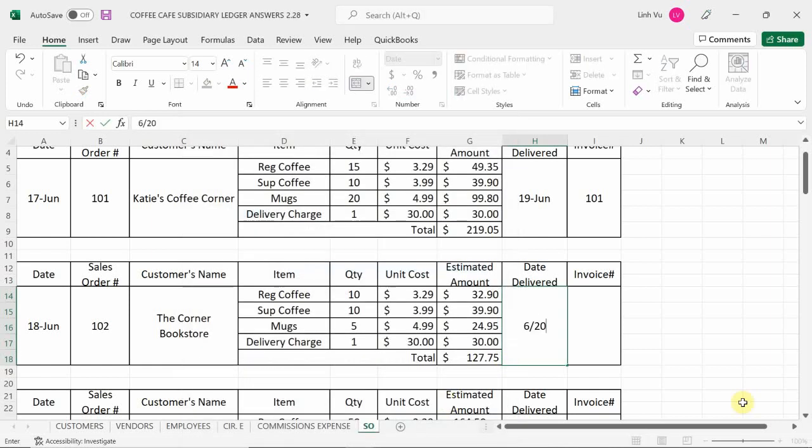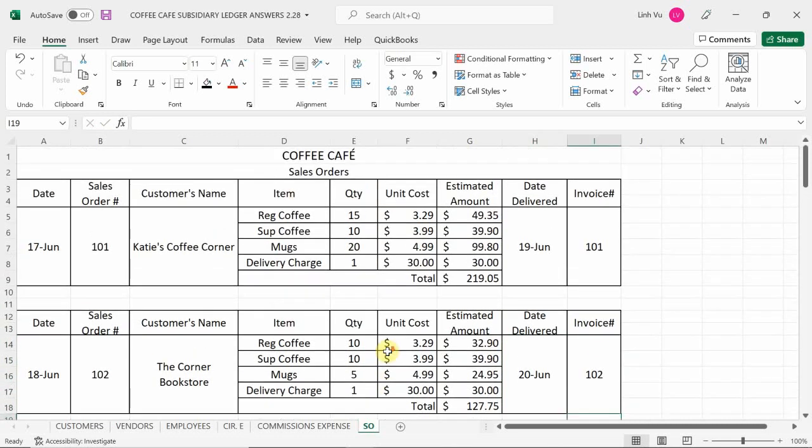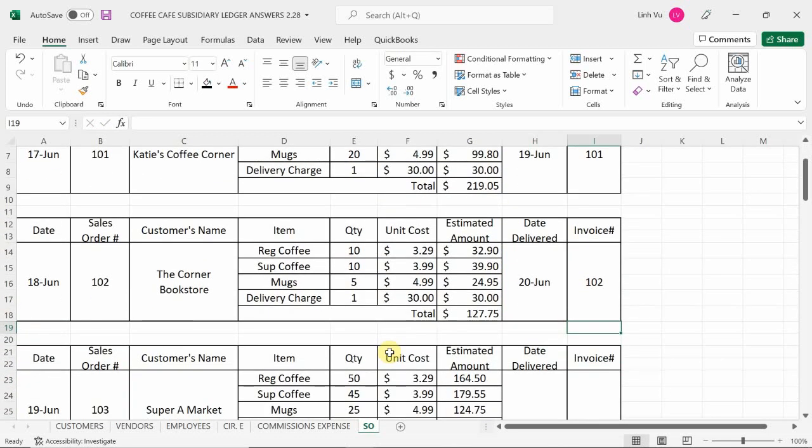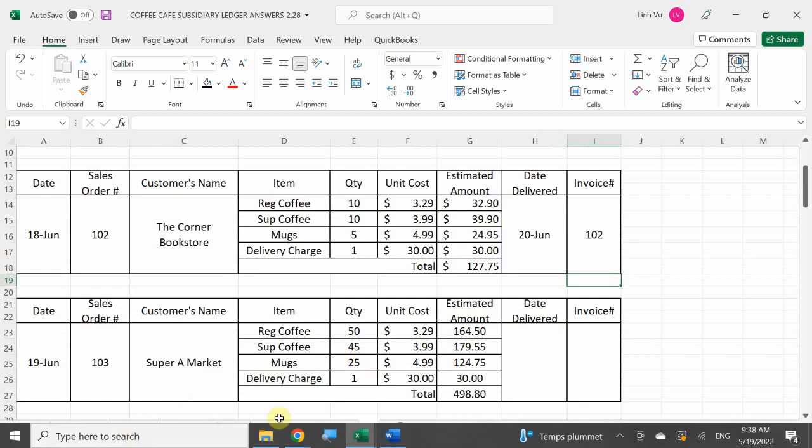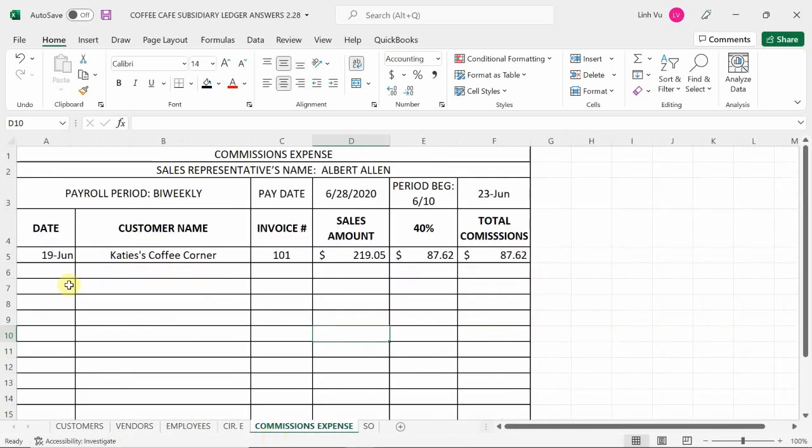We delivered it on the 20th, invoice number 102. Okay? So now that I've confirmed that I delivered it, I can now go ahead and calculate how much he has earned. So in this case, the corner bookstore,